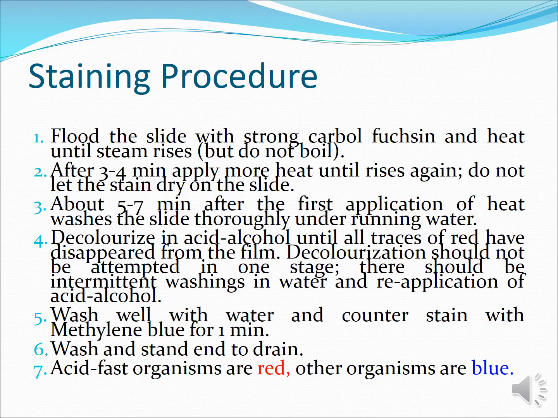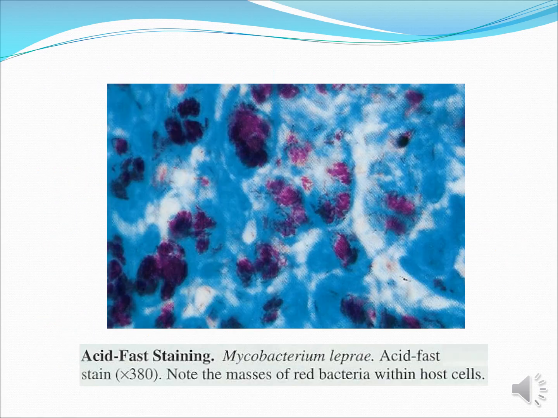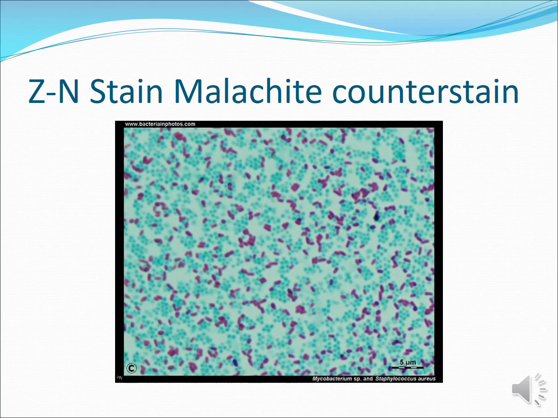Decolorization should not be attempted in one stage. There should be intermittent washing with water and reapplication of acid alcohol. Wash with water and add counterstain with methylene blue for 1 minute. Wash and stand to drain. So the acid-fast organisms will be pink in color and the other organisms will be blue. It can also be green when malachite green is used. Fine. So the pink beaded organisms are acid-fast bacteria. When you can see that the malachite green stain is used, the background is